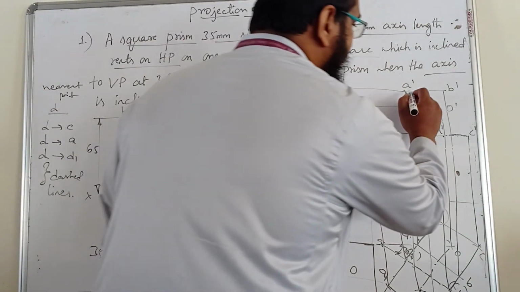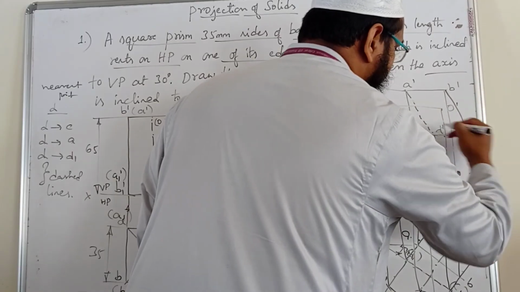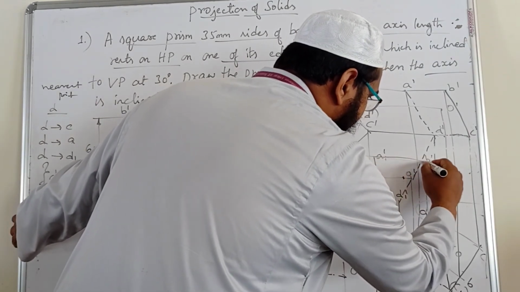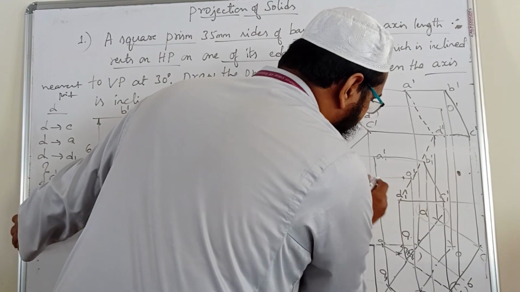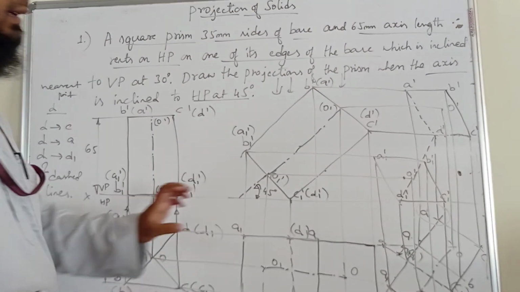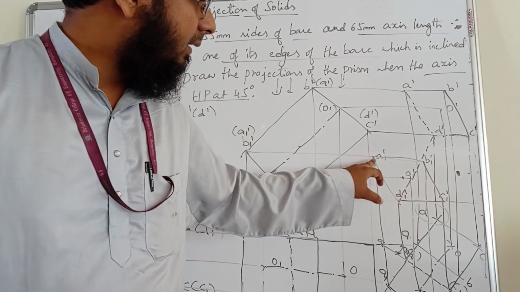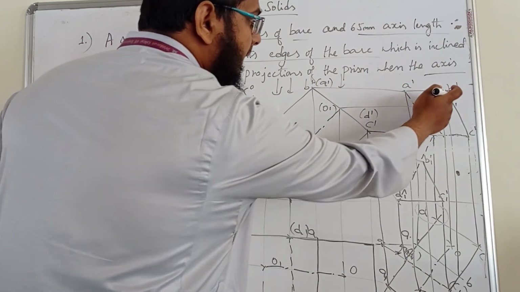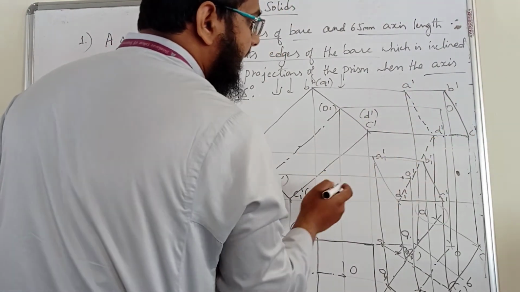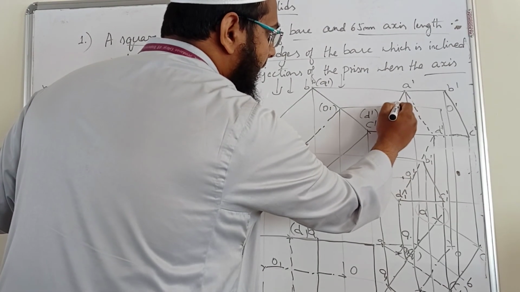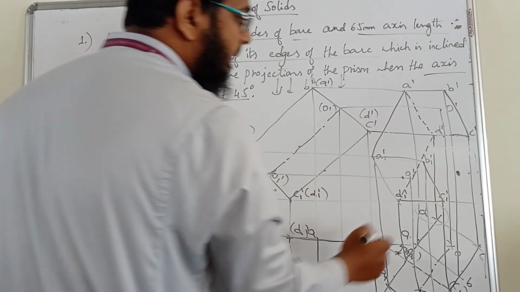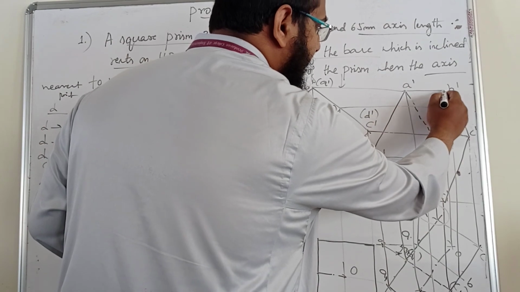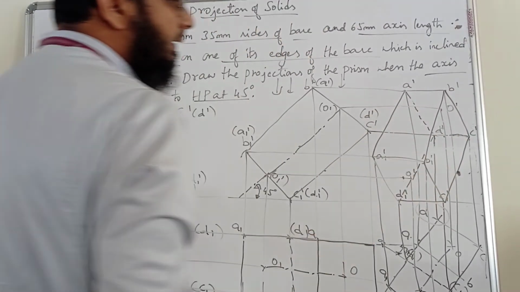First I am drawing the top face. Similarly, the bottom face. Using a scale you can do it. You can see that A dash, B dash, C dash are connected with the top square, and the bottom face is done. Now the vertical edges, from A dash to A1 dash, B dash to B1 dash, C dash to C1 dash. Straight vertical lines, using a scale you can do it. So this is what we have done.